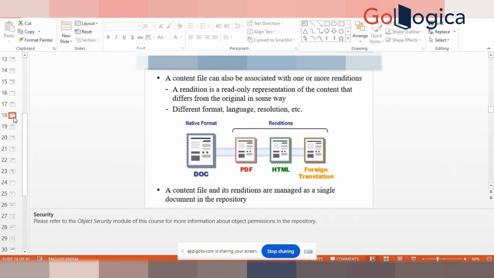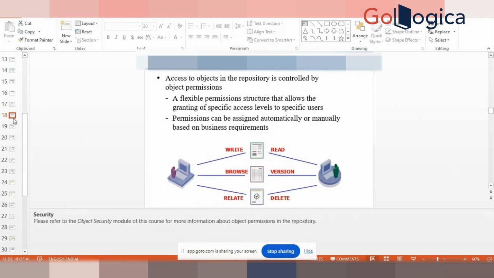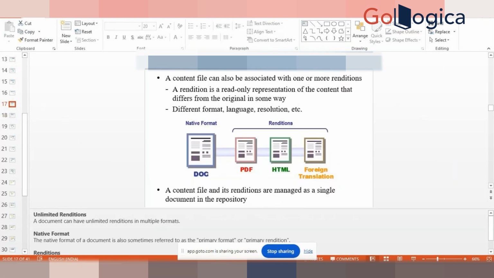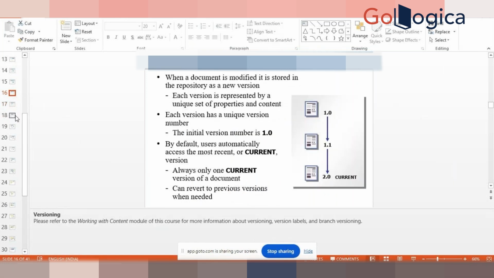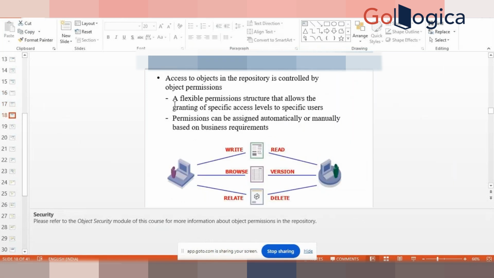Okay, clear? Yes, clear. Now, this is a security concept. We will have a separate session on all these concepts like renditions and versions, but we are just touching upon this very briefly to help you warm up. Now there are many layers of security in Documentum. We will not dive into it now because it is a 2-3 session topic. But this is just a basic concept which is called object level permission,